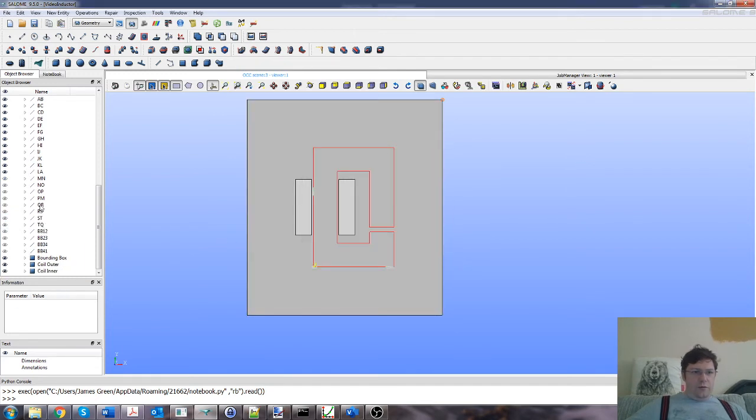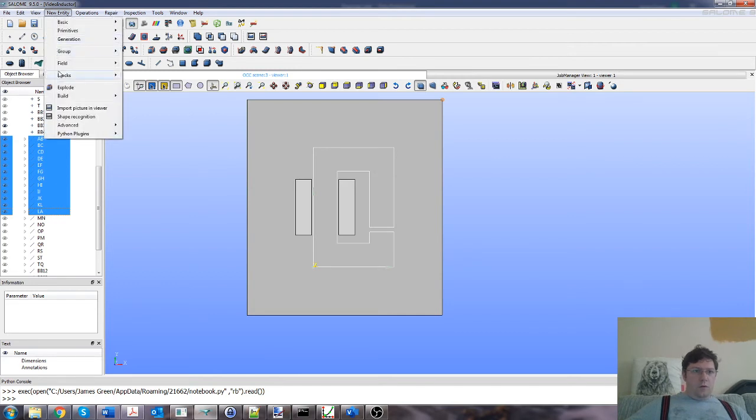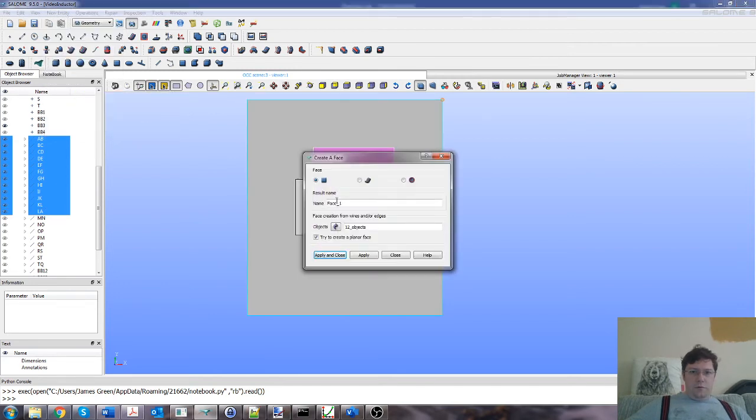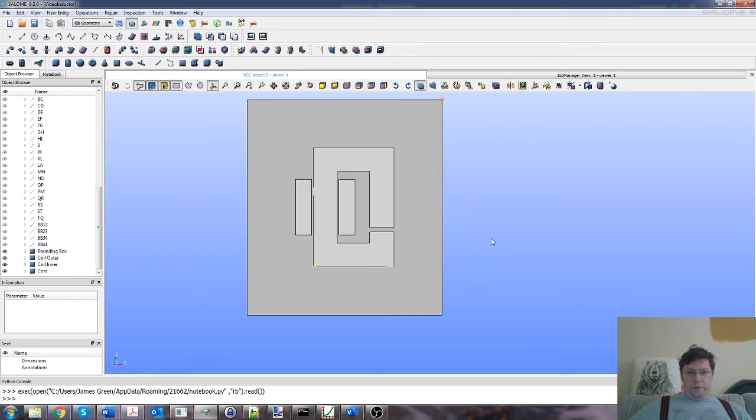And we need core, which is everything else from A through L. New, build, face, core. Right, let's go back to the edges now, just to see